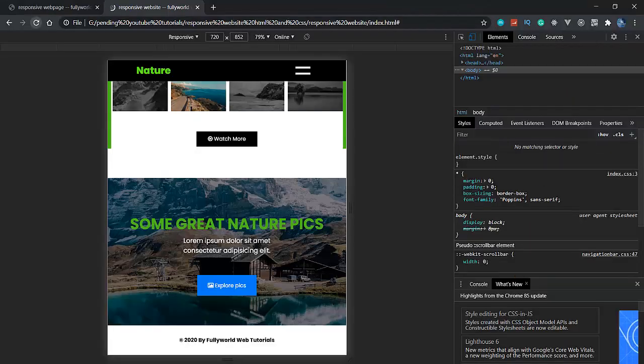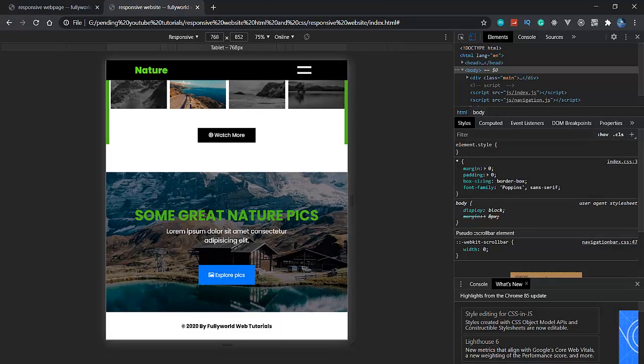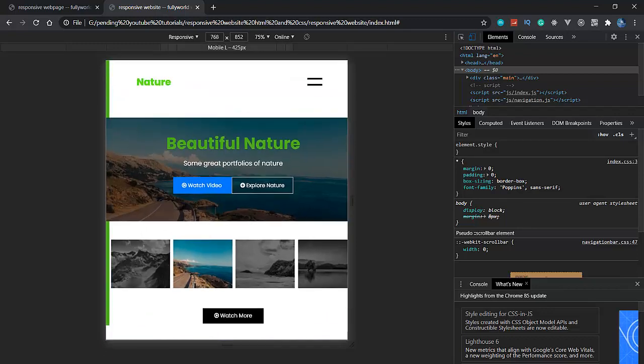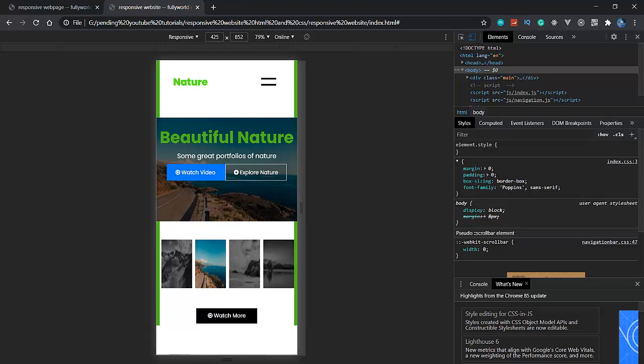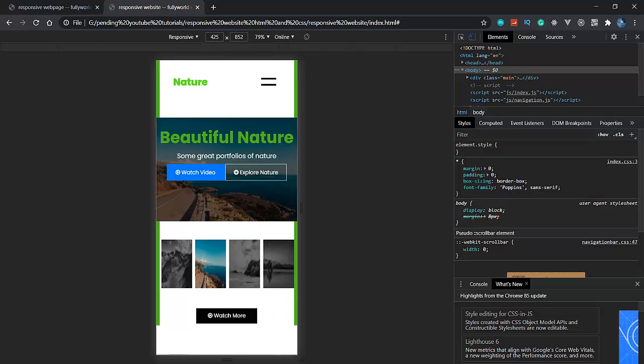See that we have set for our 768 pixel also. So for the 768 our website is also responsive. Let's move further to our 425 pixel. This will be our minimum requirement. Below the 425 pixel I will not set anything, because 425 is the minimum requirement for mobile.